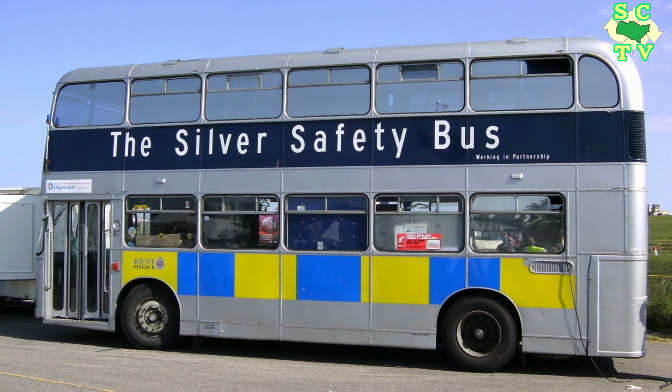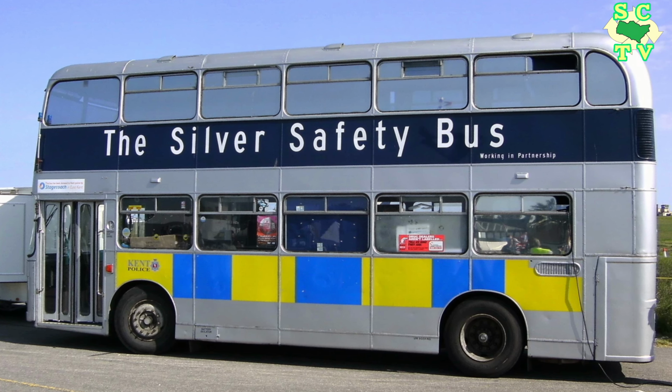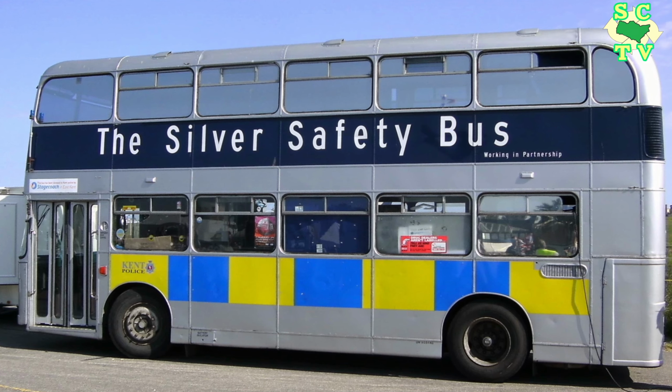Hello and welcome. Today we will be looking at a bus that has been in the Southern Counties Omnibus Collection right from the very word go. That bus is Bristol VR